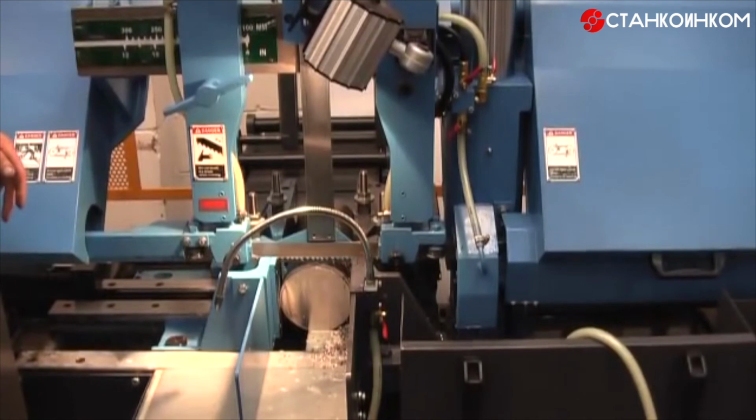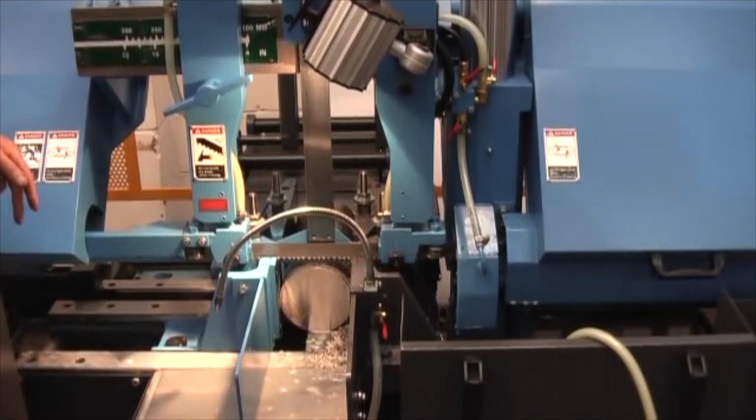So there you have it, 1 minute 25 seconds for titanium, 5-inch diameter. I wouldn't recommend you cut it all day like that, but certainly you can see what the blade can do. I'd certainly expect it